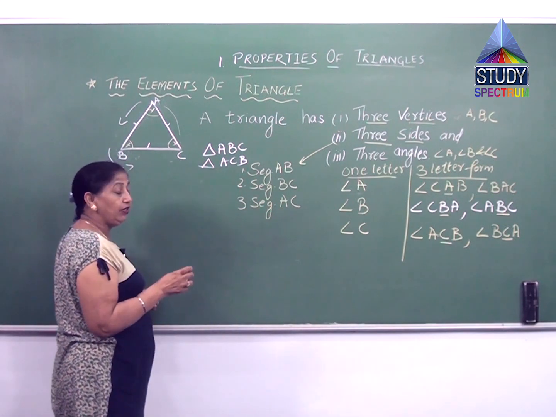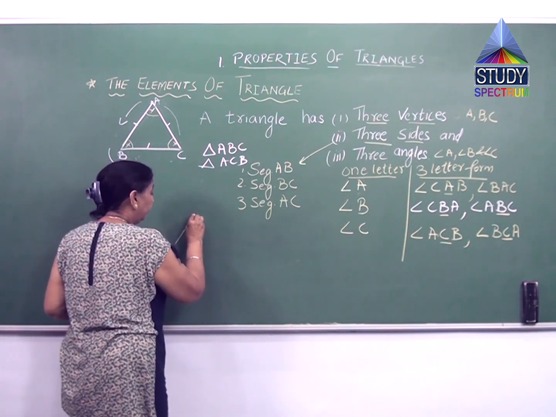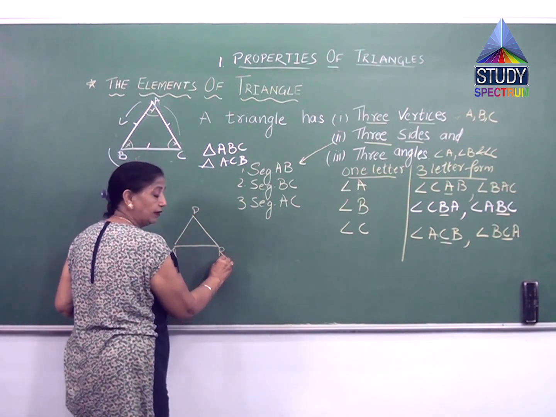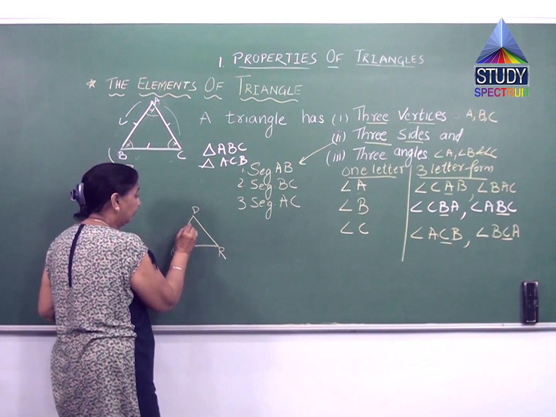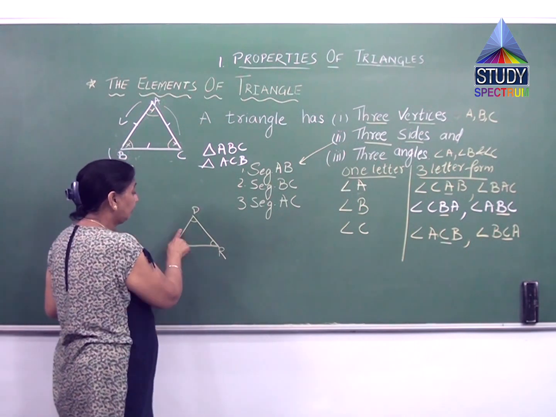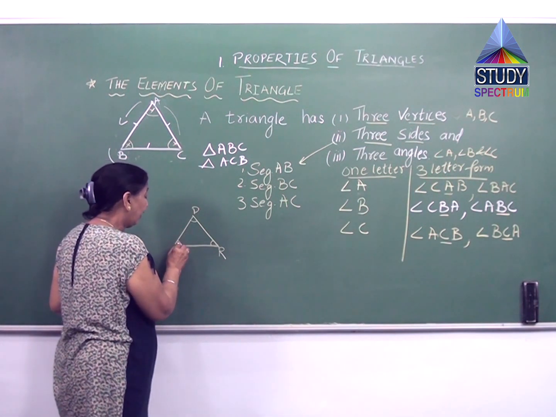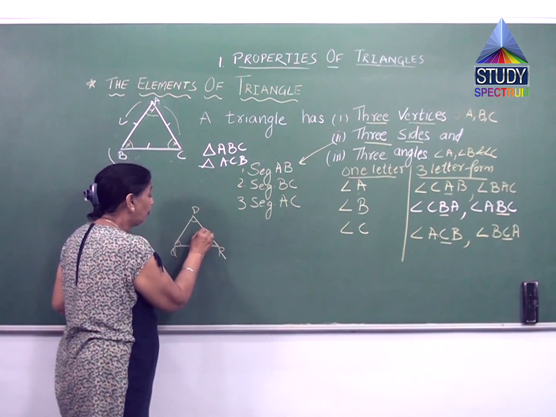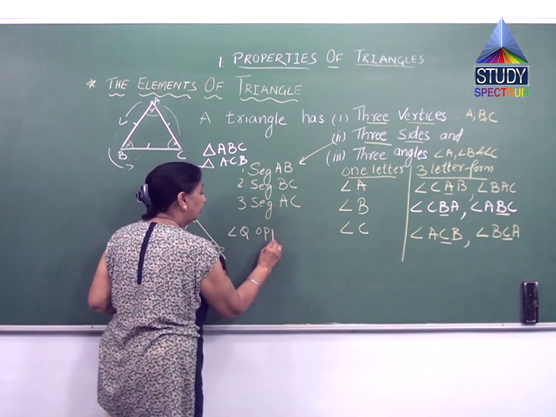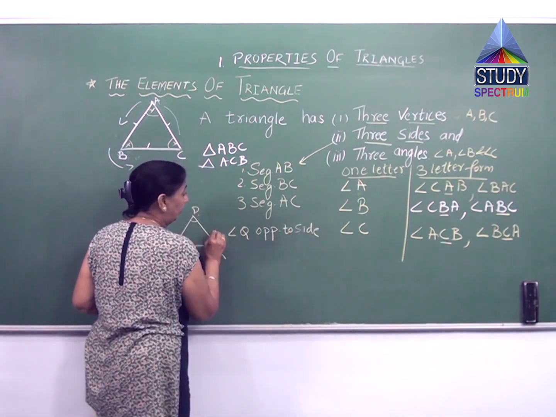Now the sides I have told you, and the angles are clear. What other thing you have to remember is, when you observe a triangle, suppose this is PQR, there is another triangle. Now again I got 3 angles, angle P, angle Q and angle R. It has 3 sides and 3 angles, right? So it is a triangle. Now what is this angle? This angle is opposite to angle Q, is opposite to which side? PR.